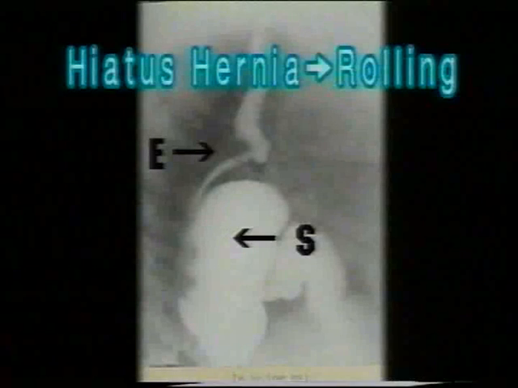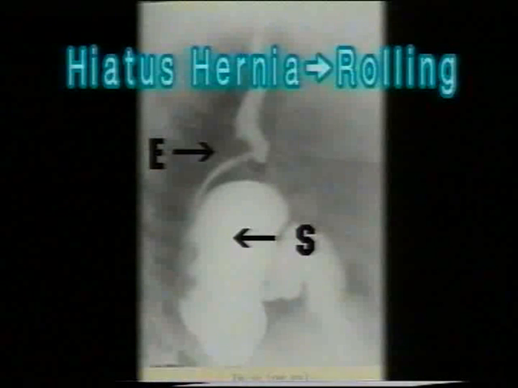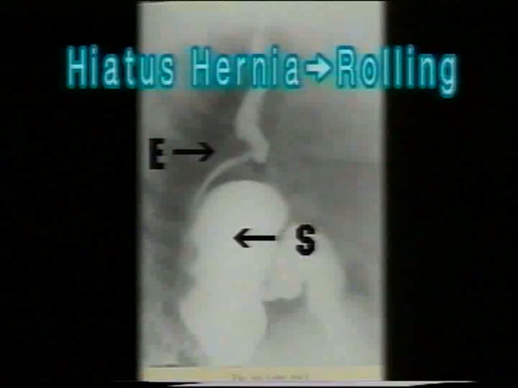In a rolling type of hiatus hernia or paraesophageal hernia, there is no gastroesophageal reflux as the cardia remains in the abdomen, but the fundus of the stomach rolls up by the side of the esophagus and comes to lie in the thorax. Note the thin normal esophagus descending on the right side of the stomach and the stomach which has herniated upwards by its side. On plain X-ray, an air fluid level may be seen in the thorax above the esophageal hiatus overlapping the cardiac shadow.